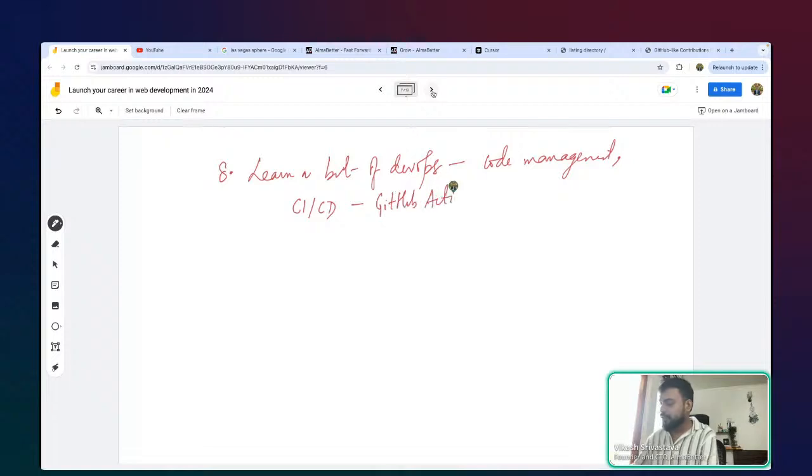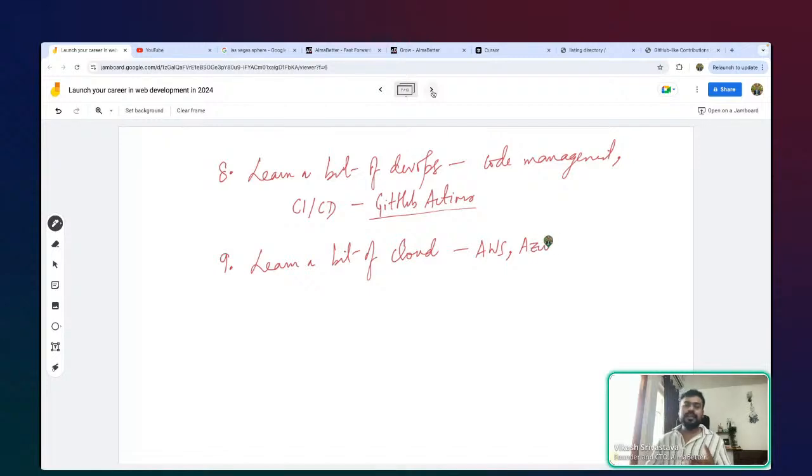Okay, so DevOps, understand a little bit about what it is and what it is not. Learn a bit of cloud. Cloud and DevOps should also come to you, so you should have an idea about cloud. Why am I telling you that you should know about cloud such as, let's say, AWS or Azure? I think someone different asked a question about Azure. So get to know some of the very important services which these cloud providers provide.